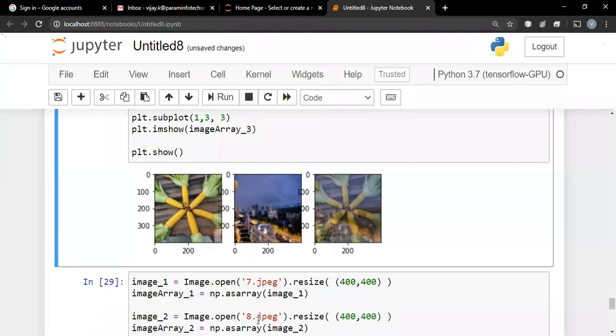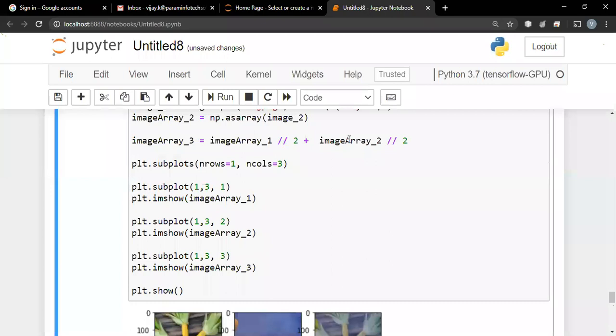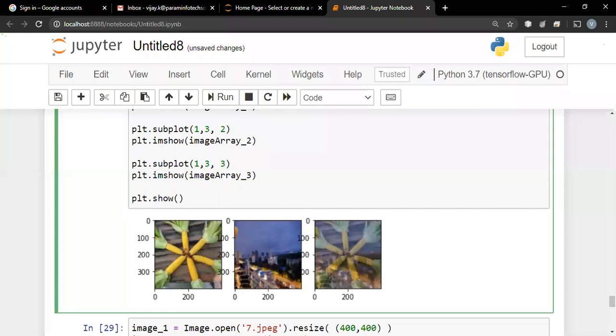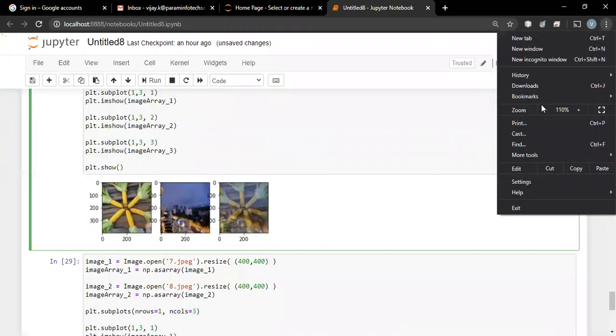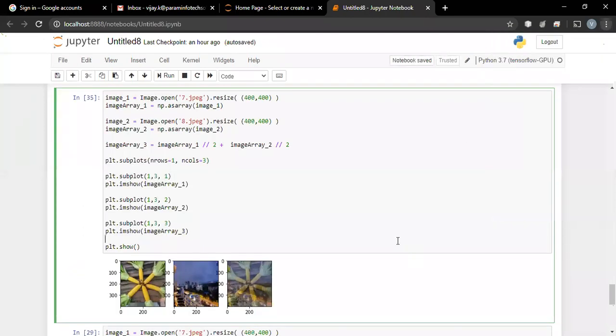What we can do now is give more weightage to one image. Here what we did was divide the first image by 2 and divide the second image by 2 also. That is similar to multiplying the first by 0.5 and the second by 0.5 and then adding. It was like giving equal weightage to both the images.